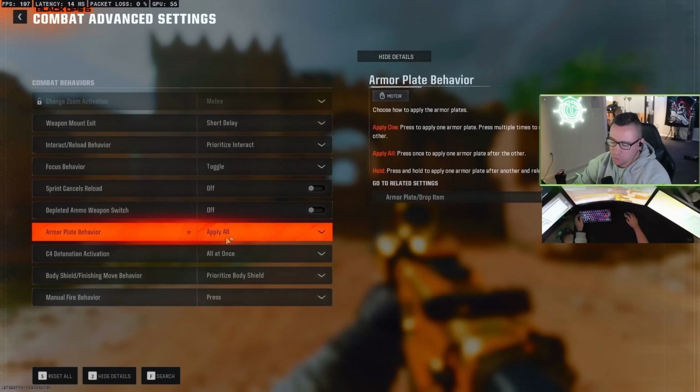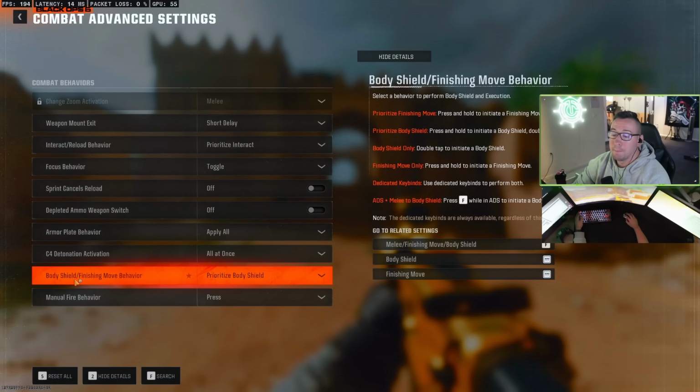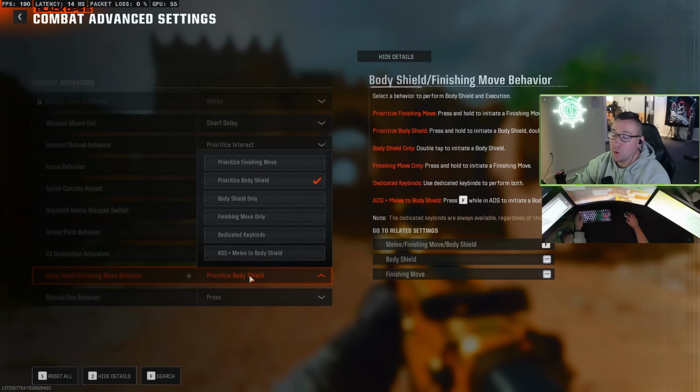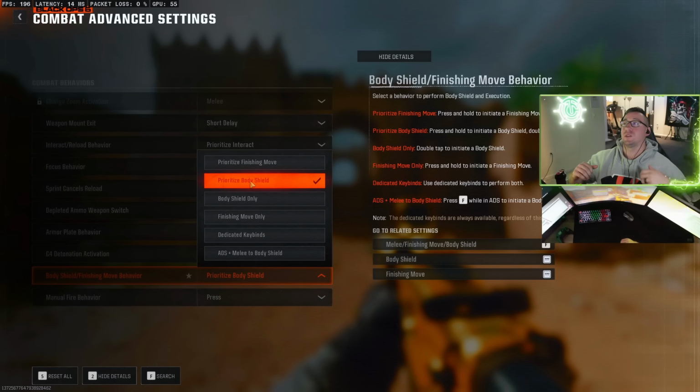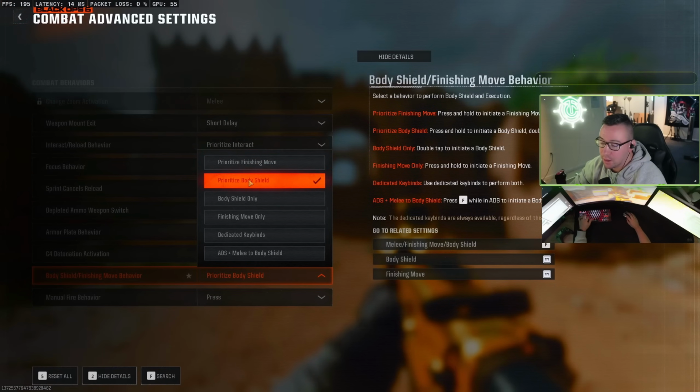Armor plate behavior doesn't really matter in Black Ops 6, but apply all is definitely easiest. C4 detonation, all at once is generally fine, unless you want to get crazy and do one by one for some reason. Body shield finishing move behavior, I like to actually do prioritize body shield, because what this does is if you hold your melee button behind someone, it'll take you straight to that body shield mechanic where you can hold them hostage. If not, if you leave it on prioritize finishing move, you have to double tap to do the finishing